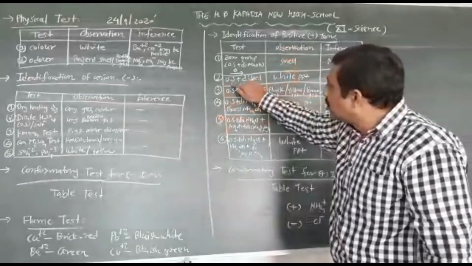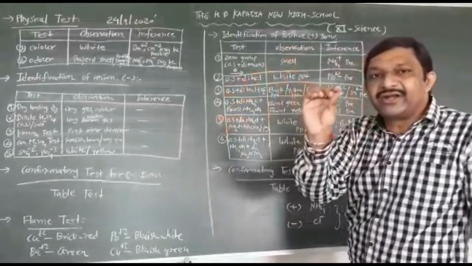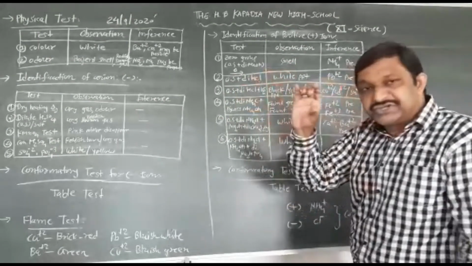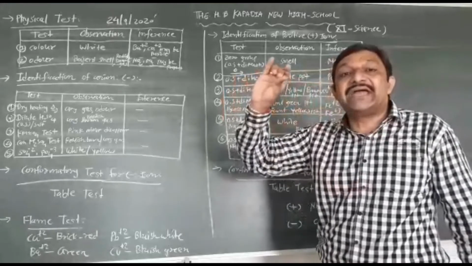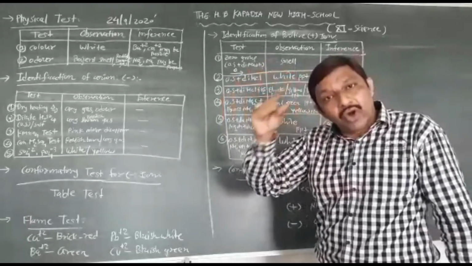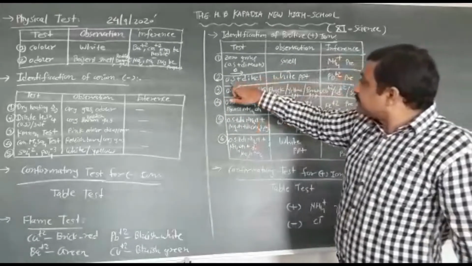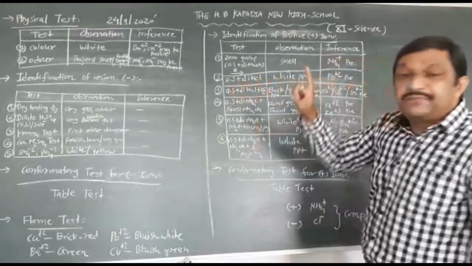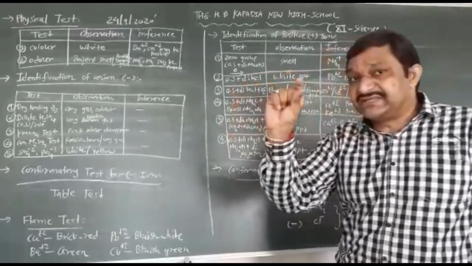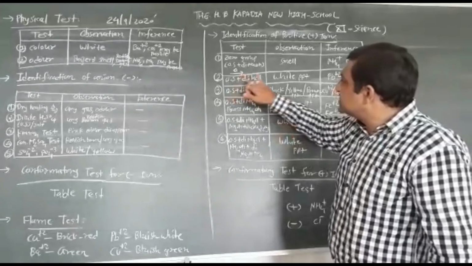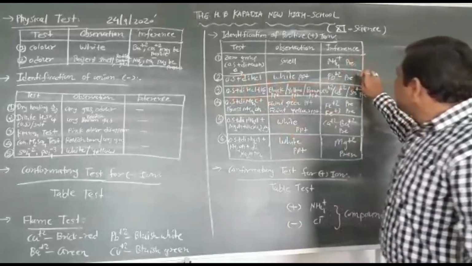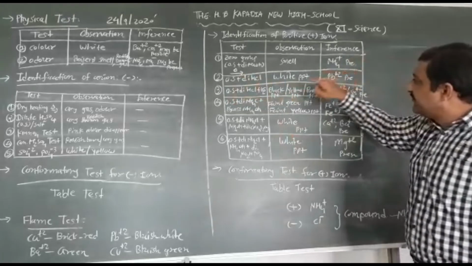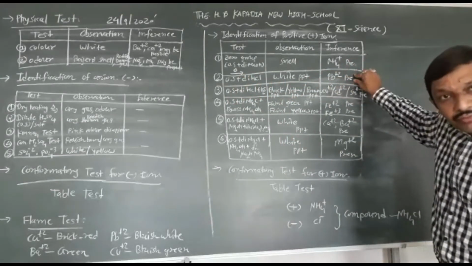You have to take a small quantity of OS in a test tube, plus you have to add dilute HCl, and observe what happens. Any kind of PPTs, you have to observe. So OS plus dilute HCl, your first group. If white PPT is obtained through OS plus dilute HCl, then your Pb+2 is present. So in first group, Pb+2 positive ion.